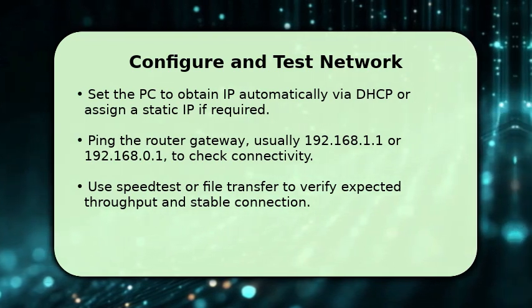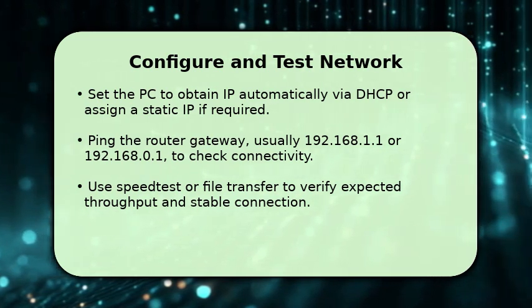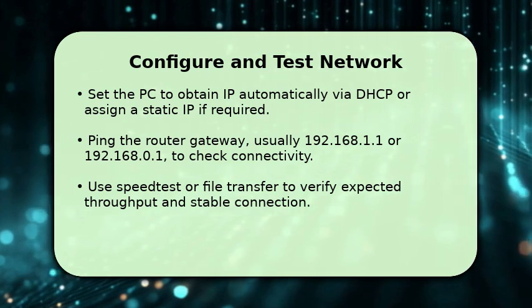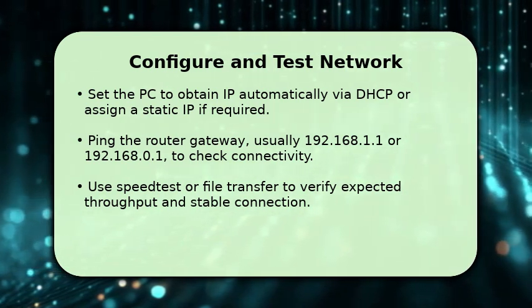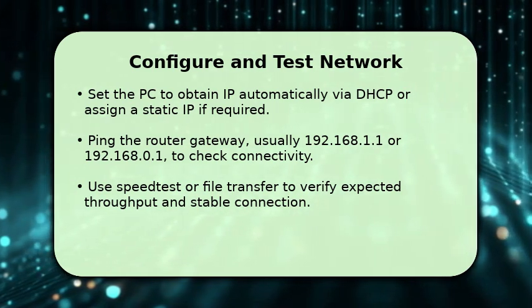Open a command prompt and ping the router gateway address, such as 192.168.1.1 or 192.168.0.1, to confirm connectivity. Run a speed test or transfer a local